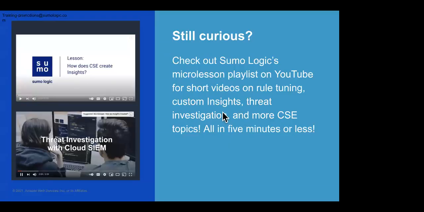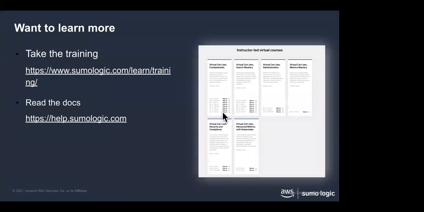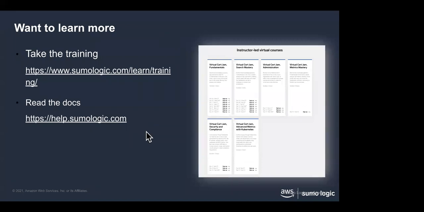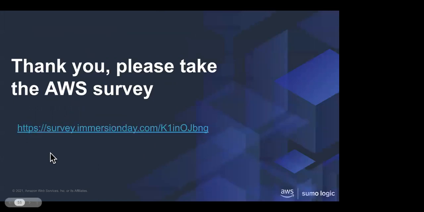All right then. Obviously, we have all kinds of trainings and things like that. You know, we can go out to our Learn site and see what classes we offer. Some of you I know have, because I've seen you in classes last week. You can also go into our help documentation and, again, look that information up. If there is anything I or anyone can do at Sumo to help you out, you are welcome to reach out to me. And again, I will put my contact information in here as well. So if you need to reach out to me for any reason, you are welcome to do so.